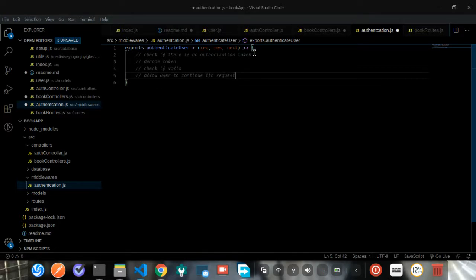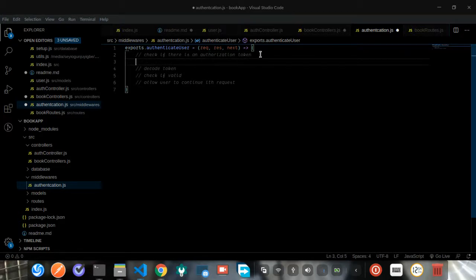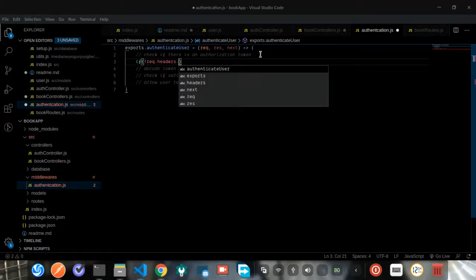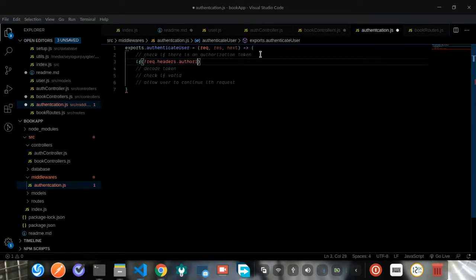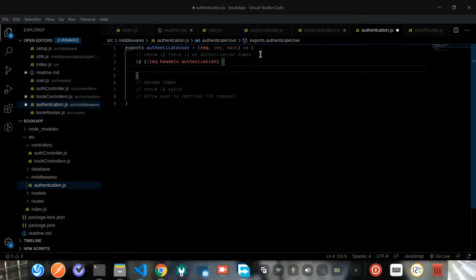So the first thing we want to do is check if the user is sending an authorization token. So we just do that by saying if there is no request.headers.authorization, we want to send back an error,